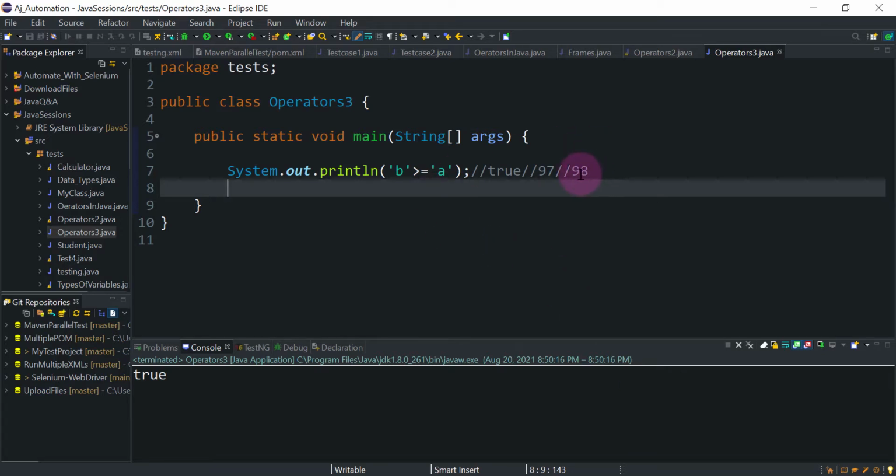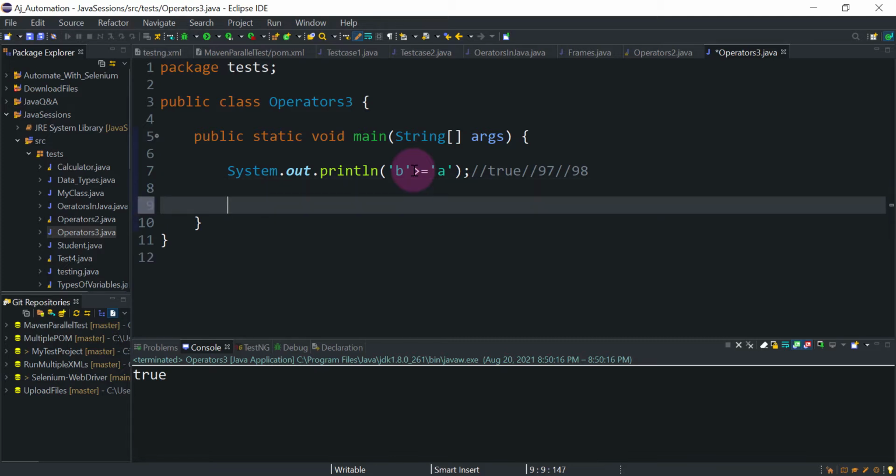So 98 is greater than 97, that's why we got true. So you can apply these relational operators to compare integer values, double values, and the character data type also. These are some important interview questions. You may face this type of question in the interviews, comparing integers and characters like that.